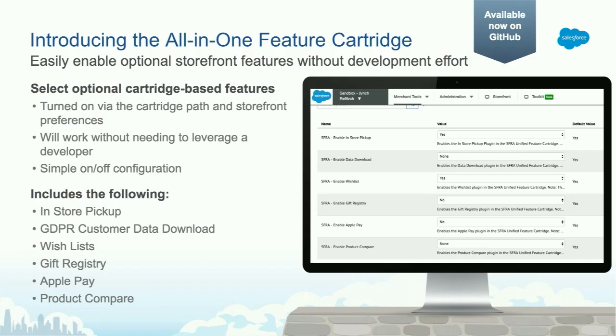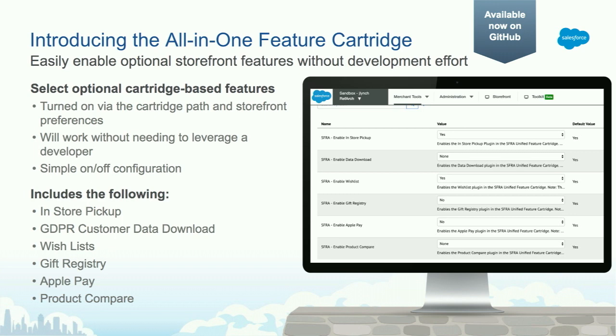But we'll start first with our initial slide to introduce what the all-in-one cartridge is. For the all-in-one cartridge, basically we took what was part of our storefront reference architecture and was previously available as add-on modules on top of it. We've taken the top 6 add-on modules and added them into what we're calling this all-in-one cartridge. So now, whereas previously your developers would have had to take these individual cartridges and stitch them together to get them working, now we have them all available and they can be turned on and off with flags